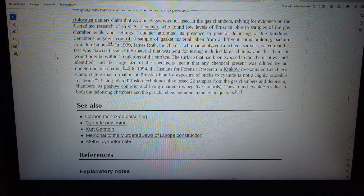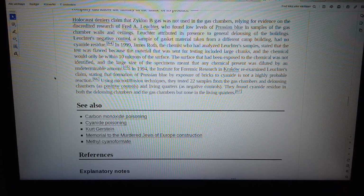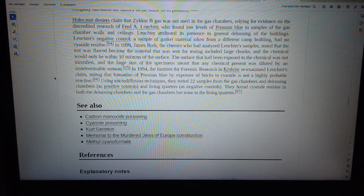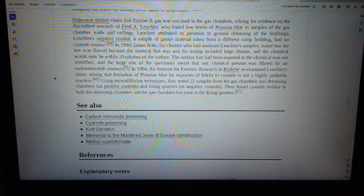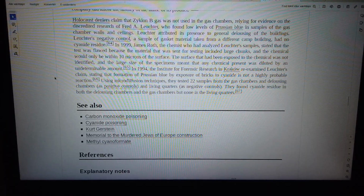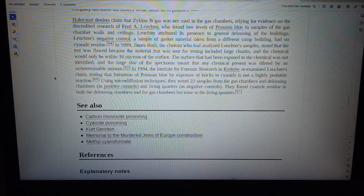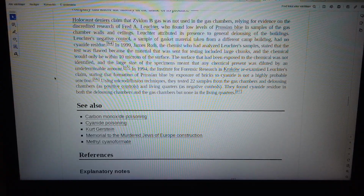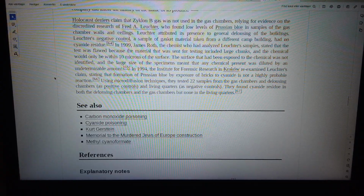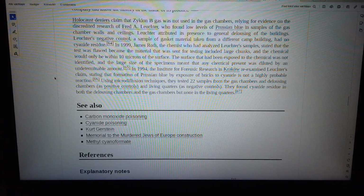65. In 1994, the Institute for Forensic Research in Kraków re-examined Leuchter's claim, stating that formation of Prussian blue by exposure of bricks to cyanide is not a highly probable reaction. 66. Using microdiffusion techniques, they tested 22 samples from the gas chambers and delousing chambers as positive controls, and living quarters as negative controls. They found cyanide residue in both the delousing chambers and the gas chambers but none in the living quarters. 67. See also carbon monoxide poisoning, cyanide poisoning, Kurt Gerstein, Memorial to the Murdered Jews of Europe construction,